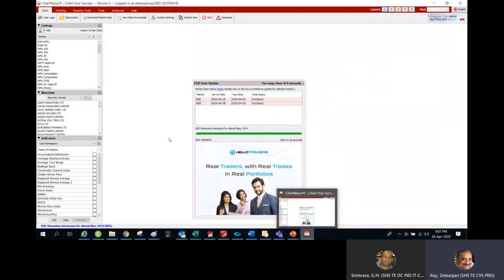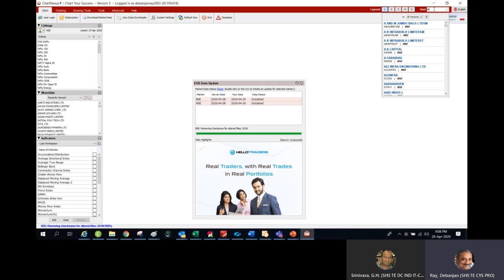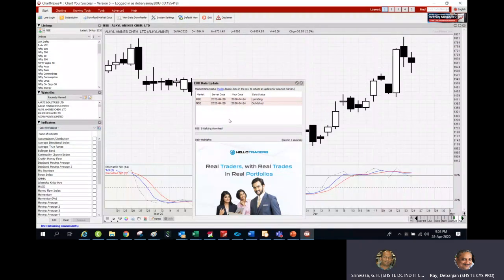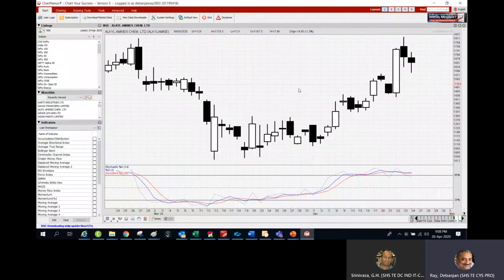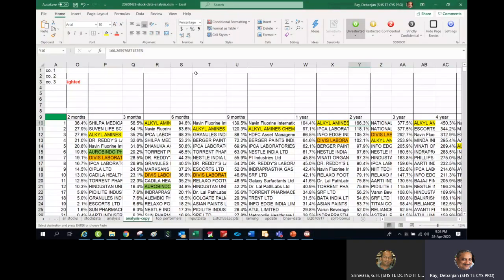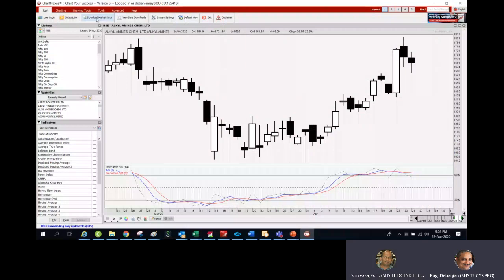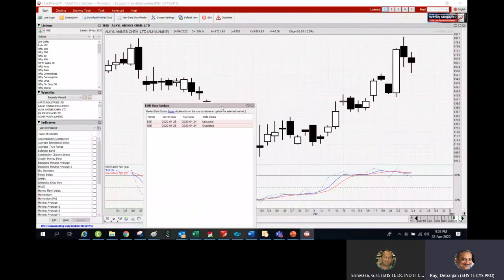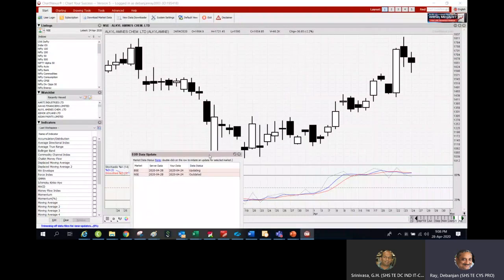Now let me go. It will first sync the data. Let me type it here. Okay, let it update the data because I have not opened it.